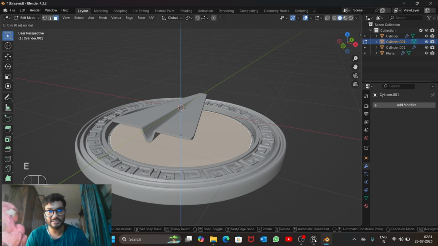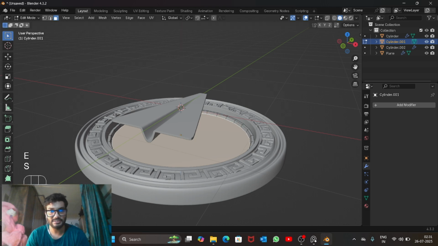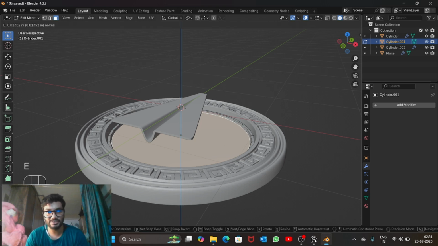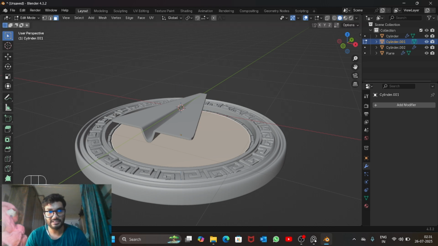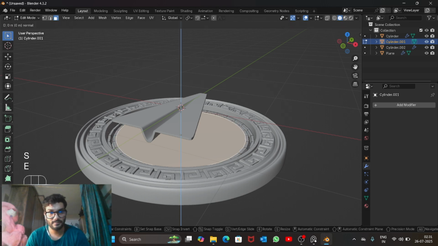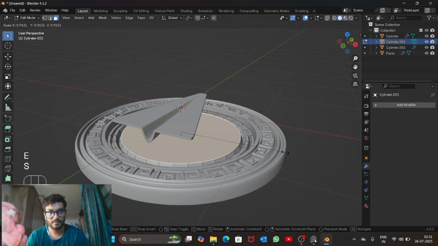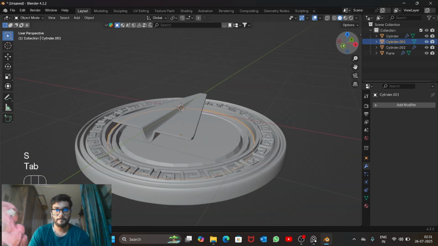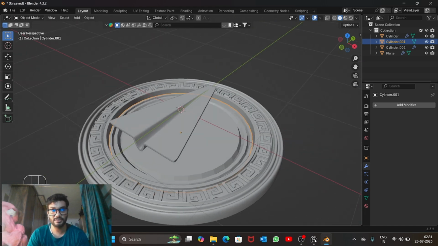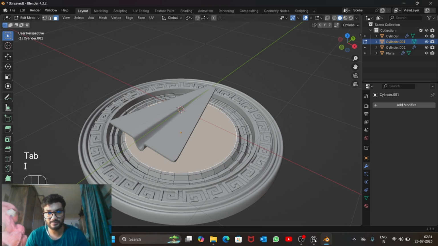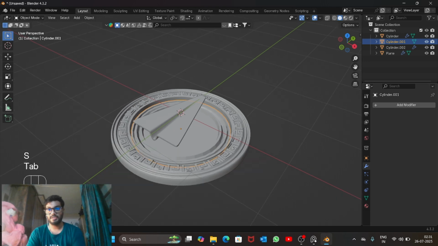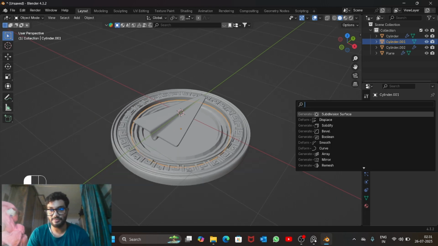I to inset, E to extrude, S to scale, extrude again, and you can simply do any random design. Okay, this is looking good now. Maybe add another one, extrude it downwards, scale it. Okay, let's add subdivision to this as well,